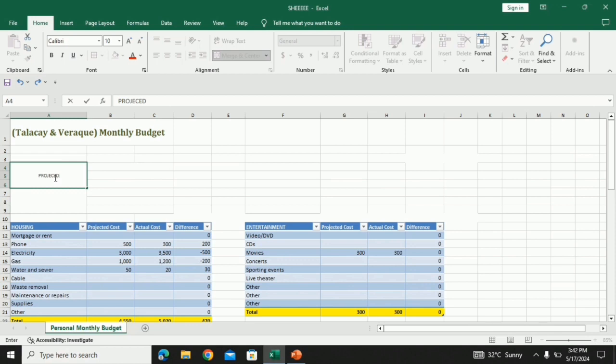So projected monthly income. Adjust the font size into 11 and under the projected monthly income, input the actual monthly income.